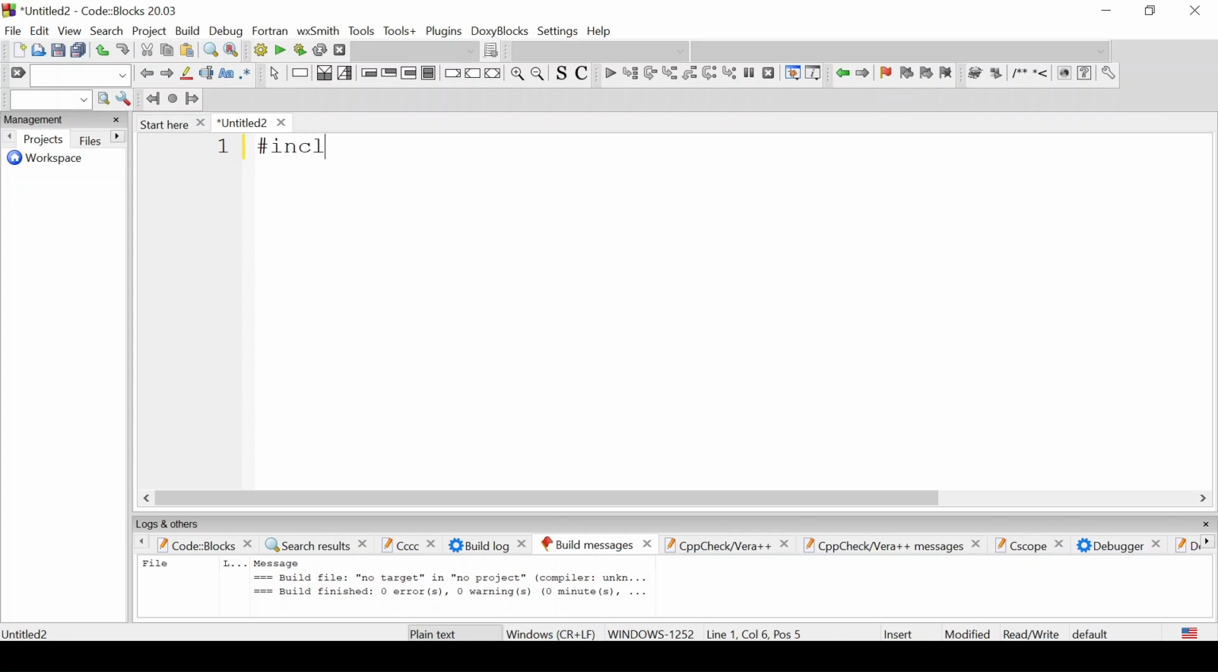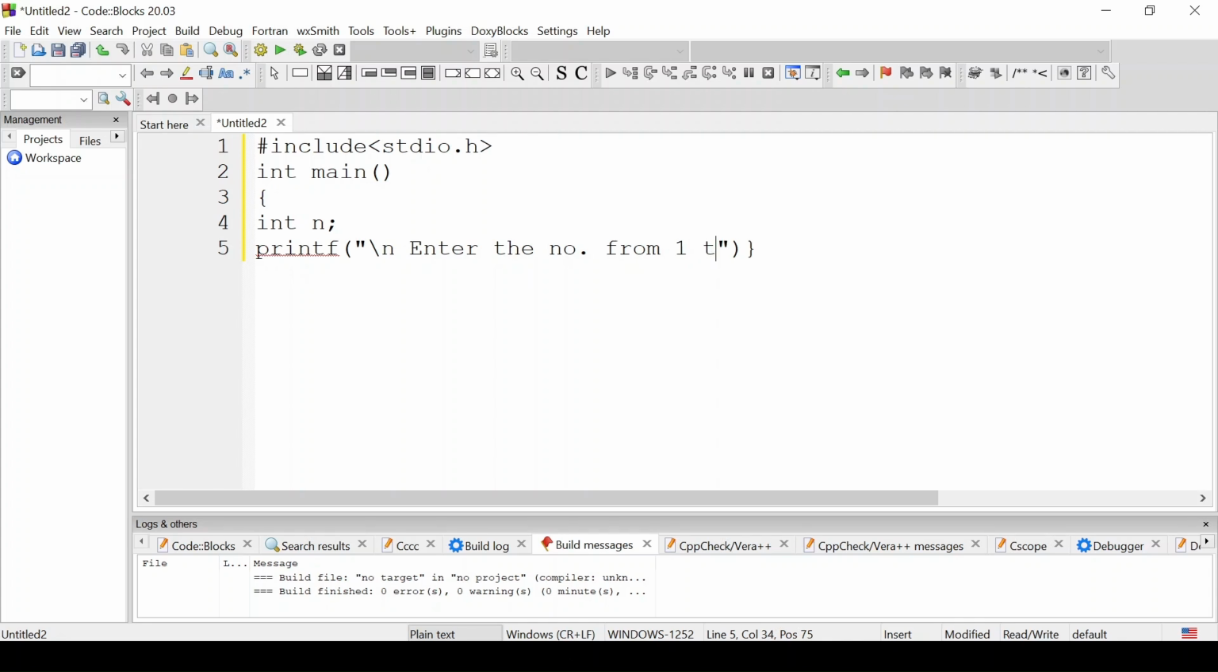So #include <stdio.h>, int main. I'm taking one integer variable, int n. printf("Enter the number from 1 to 5"); scanf("%d", &n);